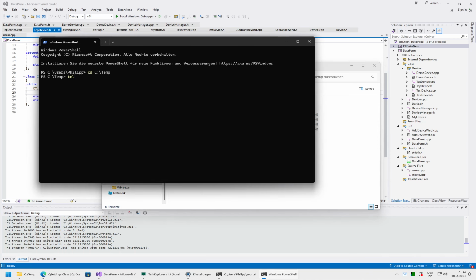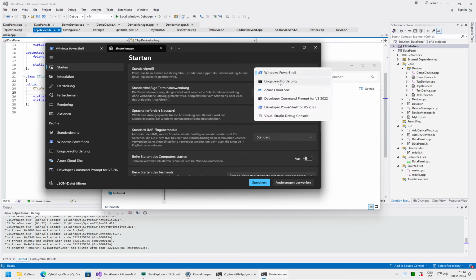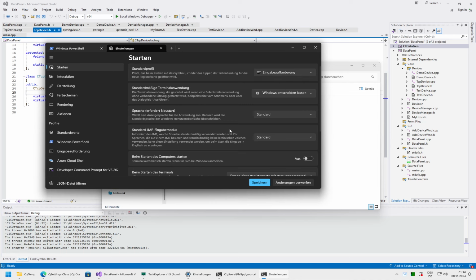The stupid Windows 11. I don't want this modern shell. I just want a, Einstellungen, we want just a normal shell. Why would people want this garbage of a PowerShell? That's so annoying. Right,